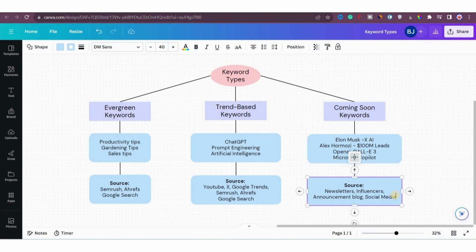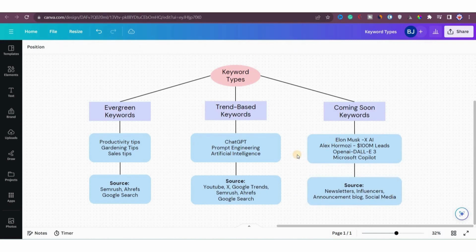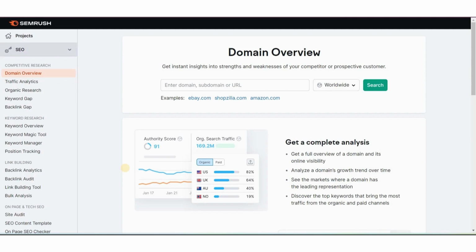I'm sharing all this so that you can gather ideas for your blog, right? This is the first step of your keyword research. Till now, we have just covered the types of keywords, and now we are about to dive into the actual keyword research where we'll find those keywords. We will do an overall analysis. So let's get started. Now you can see that I have opened SEMrush, and now we are going to do a little bit of keyword research, right? The actual keyword research, okay?